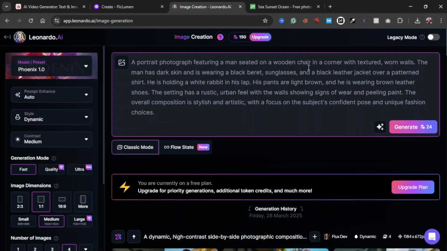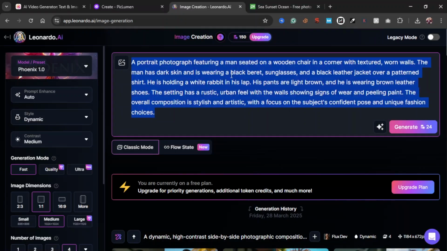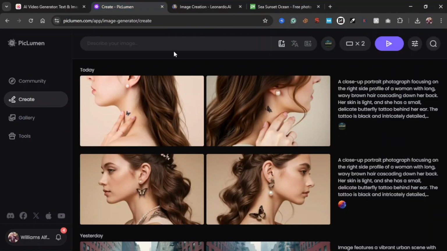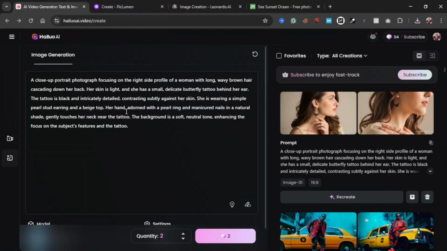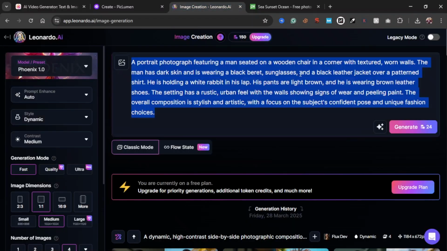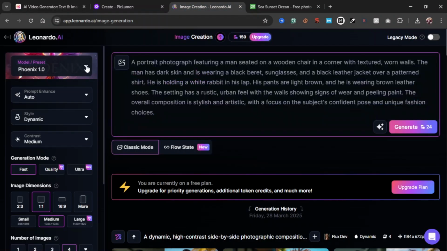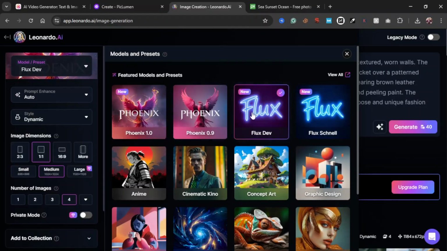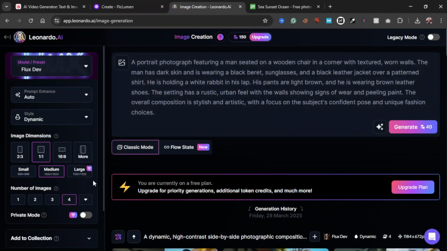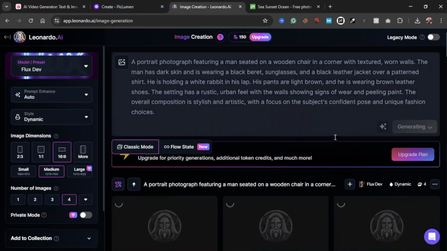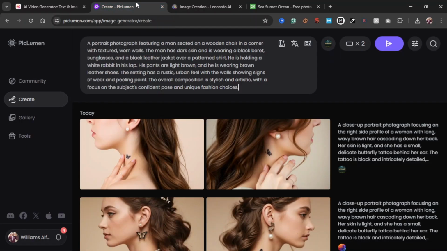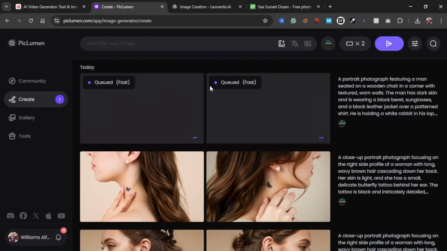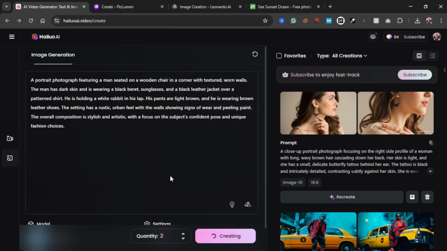So let's see. Okay, so we have our prompt ready. I'm just gonna copy this and generate it here and do the same here. And for this last one, let's also do the generation on Leonardo AI, which is one of the best also. So I'm going to use Flux Dev for this, and we're going to generate a 16 by 9 image. So the generation would take 39 credits out of our 150 daily allotted credits. We're going to do the same generation on Peak Lumen, and we're going to do the same here on Hailuo